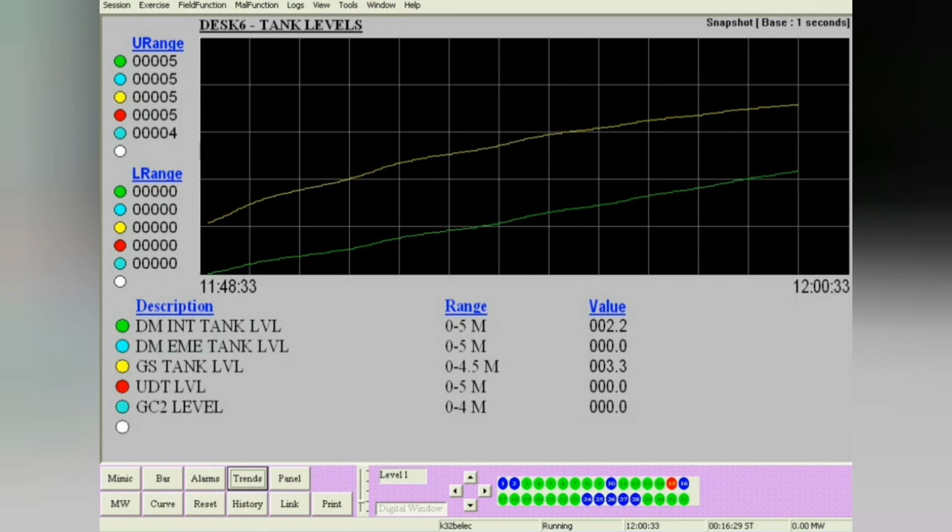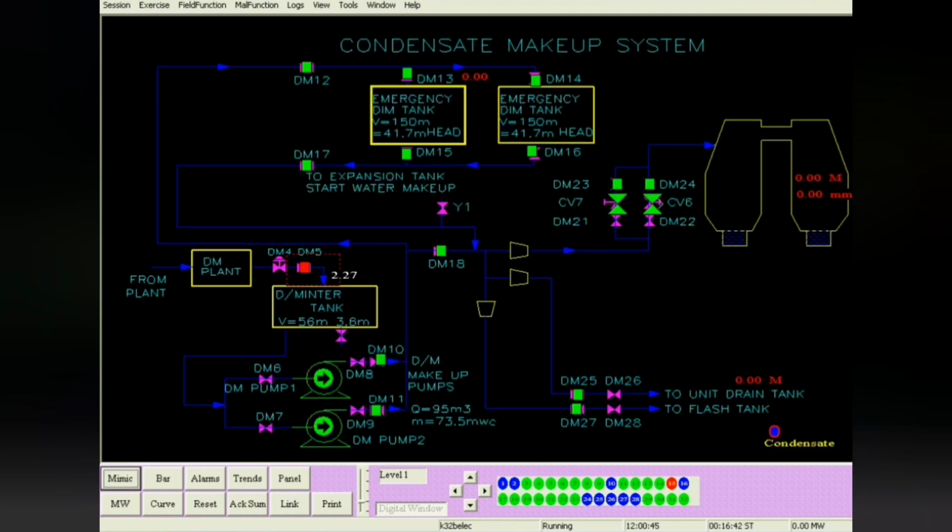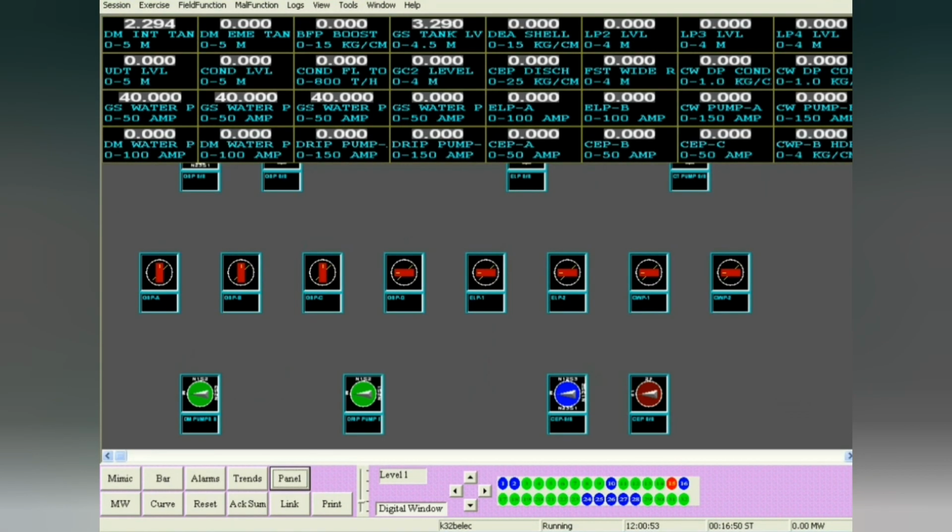The GS tank level as well as the DM intermediate tank level are both shown here. You have to take around 3.5 meter level in the GS tanks and more than 2 meters level in the DM intermediate tank. And once this is achieved,